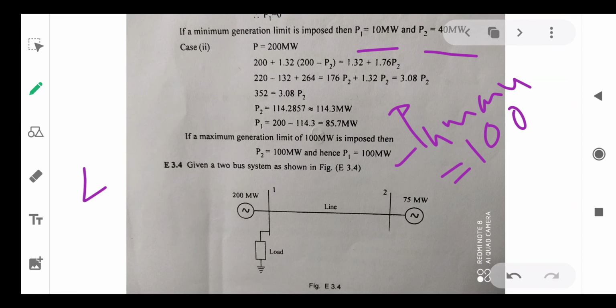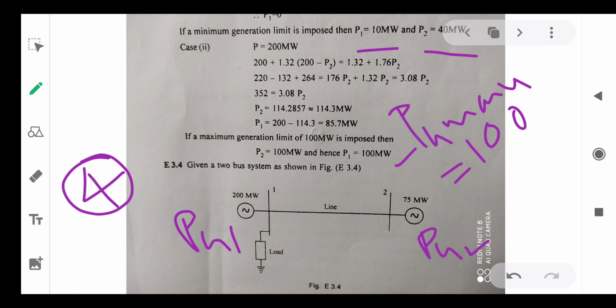So this is problem number 4, in which a 2-bus system is given. Generator 1, PG1, this is PG2. PG1 maximum 200 megawatts, PG2 maximum 75 megawatts. Load is located at plant 1. Therefore, B11, B12, B21 all are equal to 0. Since the load is located at plant 1,